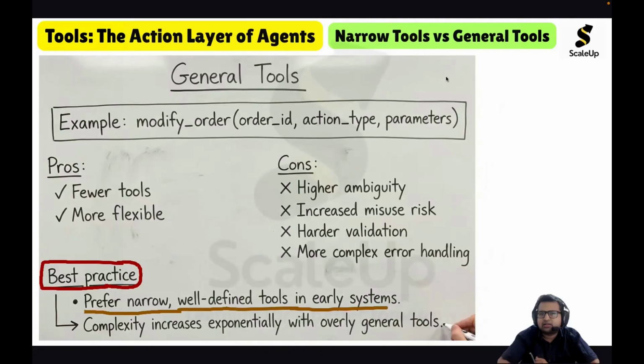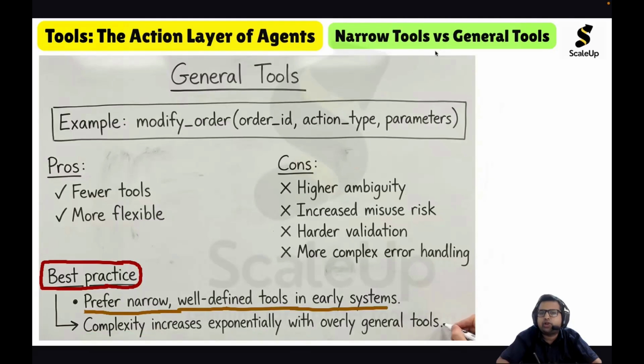And later, once your system evolves and becomes mature, you can change that. Complexity increases exponentially with overly general tools. The drawback of overly general tools is that complexity increases exponentially.